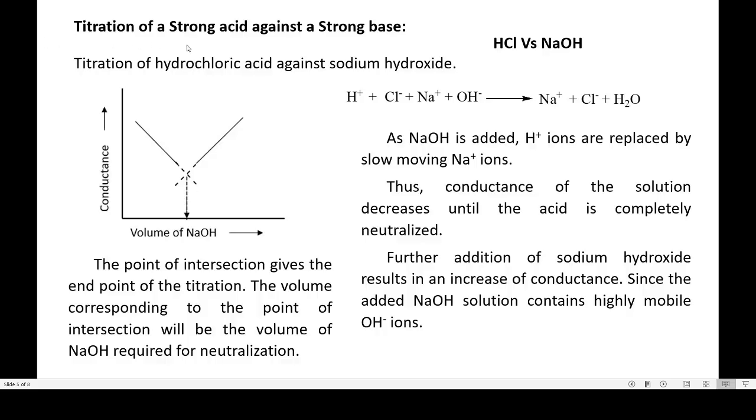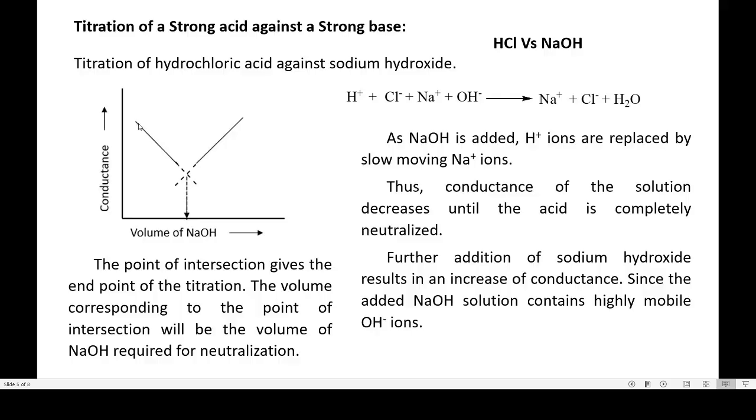Let us take a titration of a strong acid against a strong base, taking the example of titration of hydrochloric acid against sodium hydroxide. While doing the titration, a known volume of hydrochloric acid is taken in a beaker in which the conductivity cell is dipped, and sodium hydroxide is taken in a burette. It is an acid-base reaction, that is, neutralization takes place. Initially, the conductance of the solution, that is of HCl, will be due to the presence of hydrogen ions and chloride ions. So, if we see the graph,